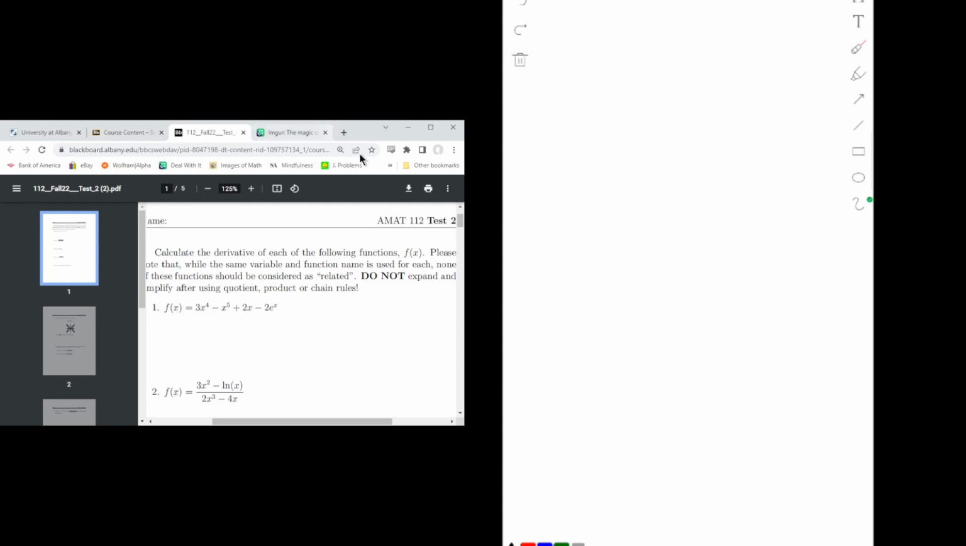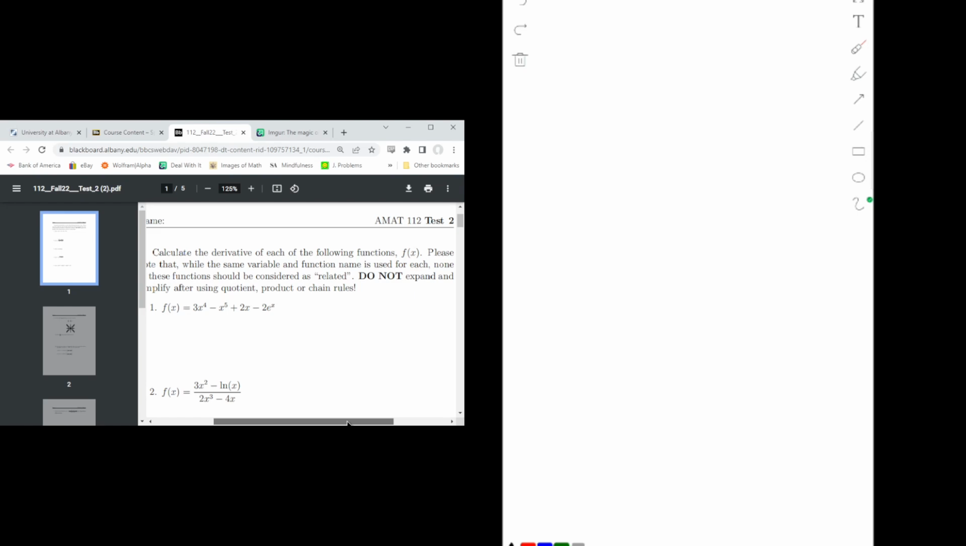Calculate the derivative of each of the following functions, f of x. Please note that while the same variable and function name is used for each, none of these functions should be considered as related. Do not expand and simplify after using the quotient, product, or chain rules. Please do not misunderstand that last sentence as an instruction not to simplify at all. What I mean specifically is, don't FOIL out the products that will be in the sum after using the